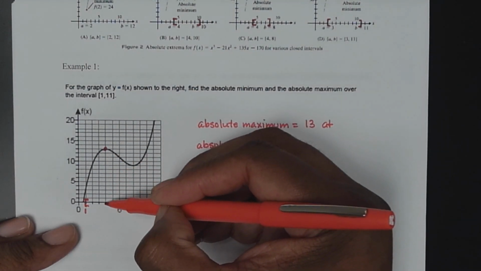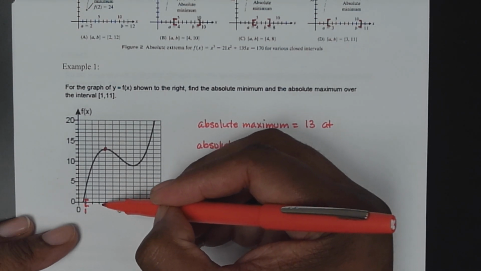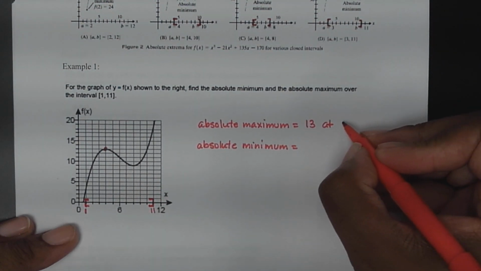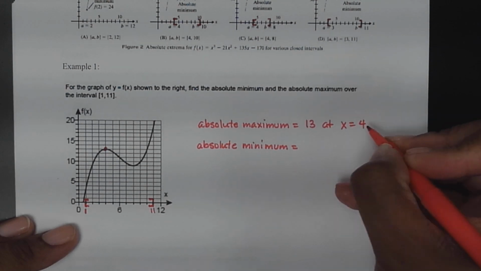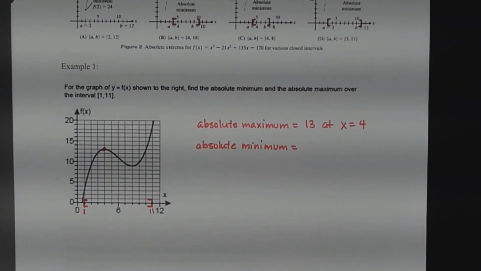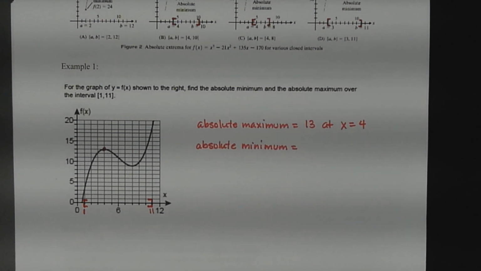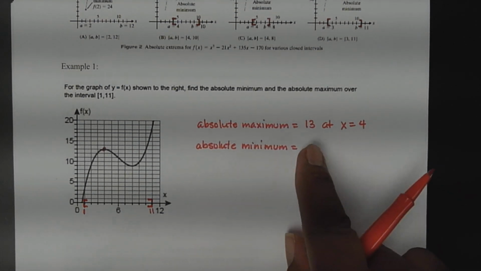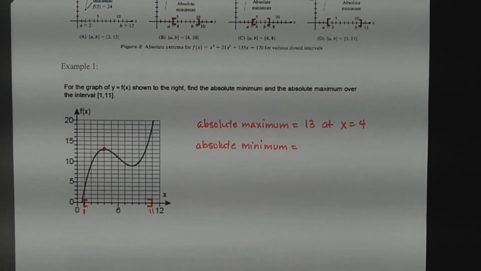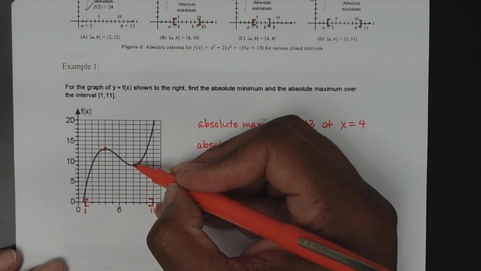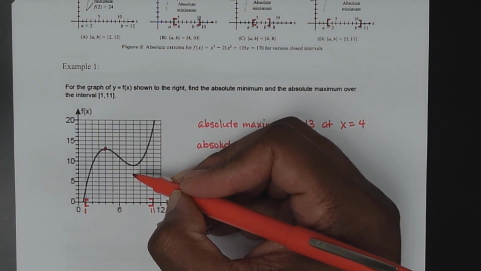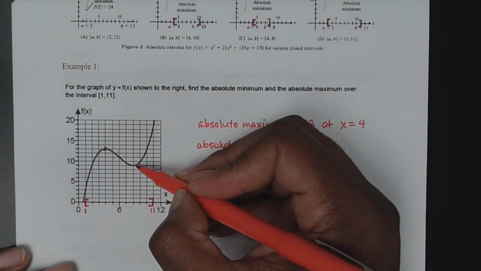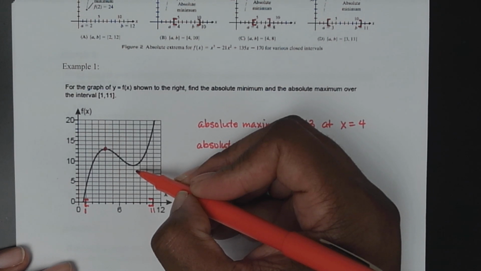It's going to be this x value right here. This is 1, this is 2, 3, and 4. So at x equals 4, that will be your absolute maximum at 13. Now for the absolute minimum. Here's the lowest y value it would ever reach before it,